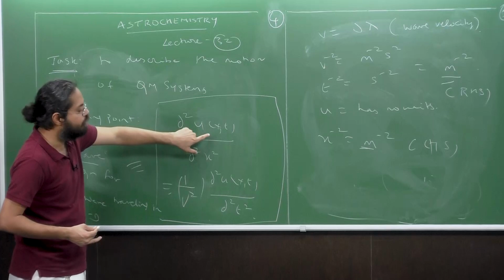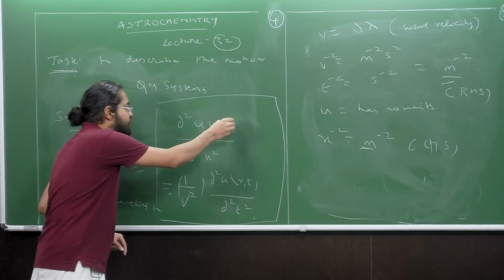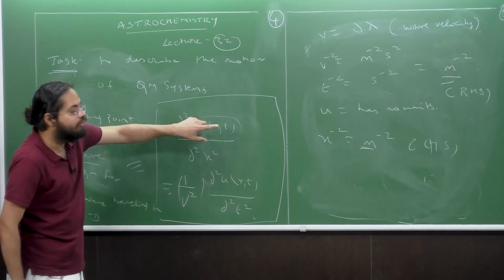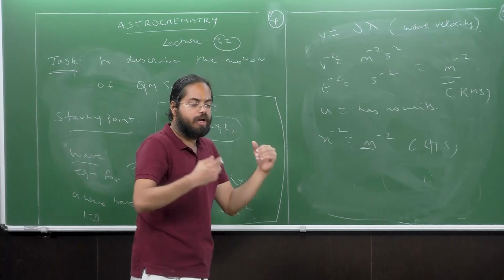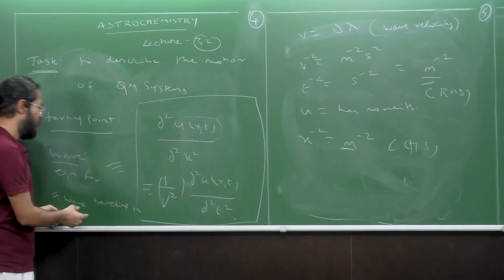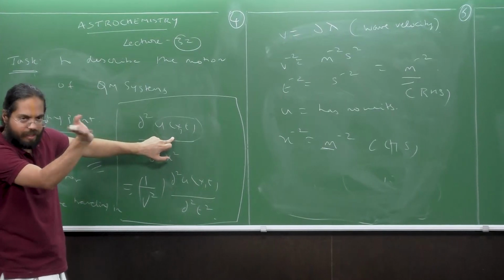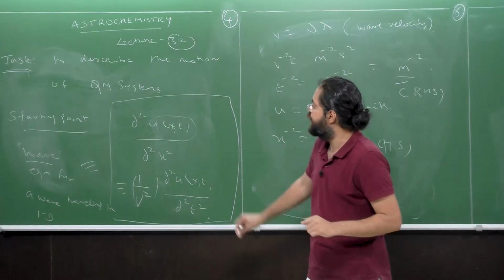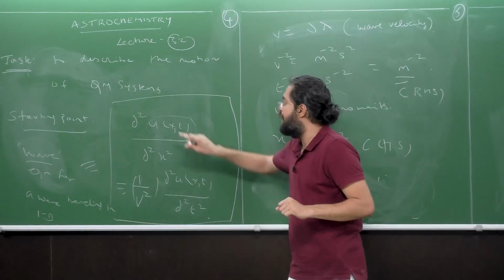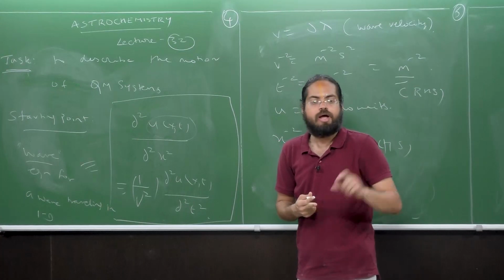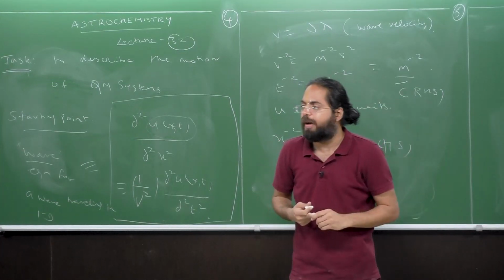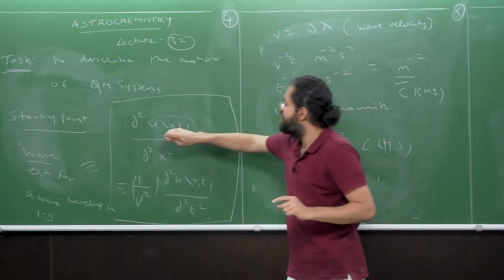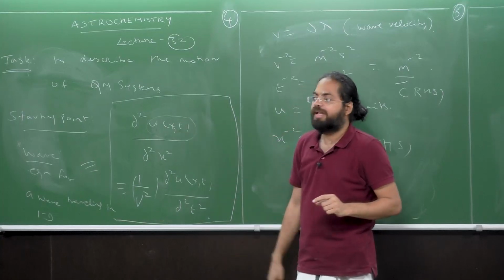This equation, what is the variable we are solving for? We're solving for this particular thing, u of x comma t. Now, u of x comma t contains two variables, x and t. That is, it propagates through space along some direction arbitrarily defined as the x direction, and it also propagates with time. So we need to find this function u as a function of x and t, and this is a partial differential equation. Now, the standard way to solve any partial differential equation is that you have to first assume that the two different variables, that is, your x and t, are separable.